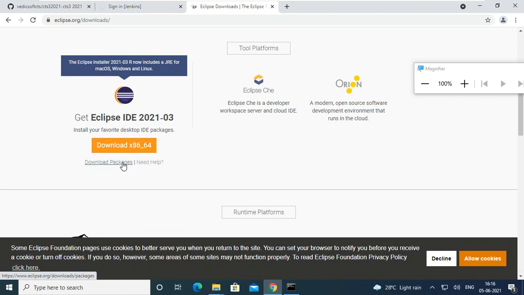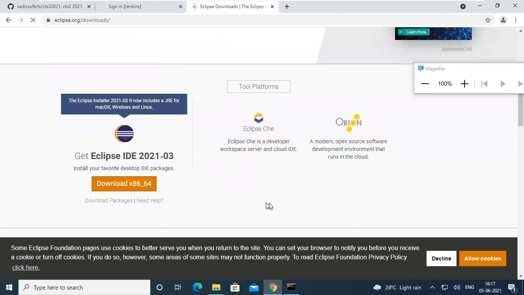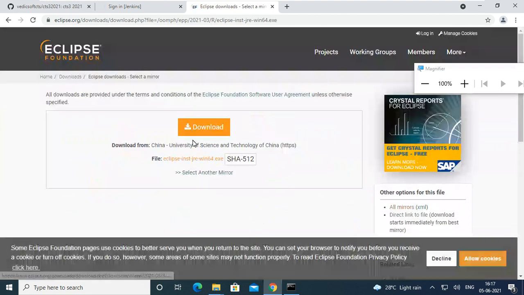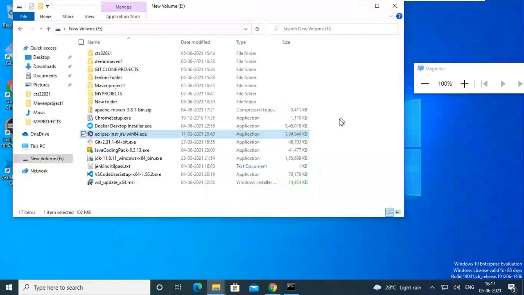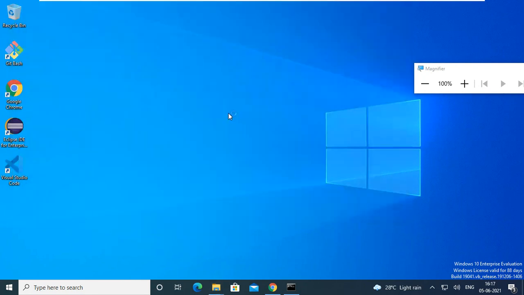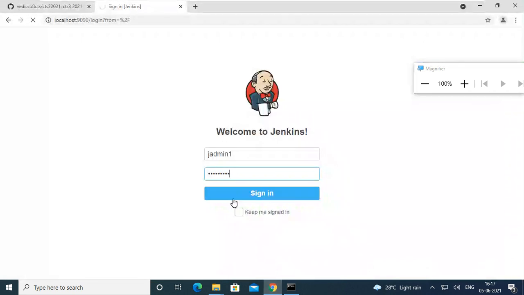You just click on this download, or you can go to the download packages and download. Just click on this one. Okay, this is the package name. Once you download this and double click, what happened to this sign in?